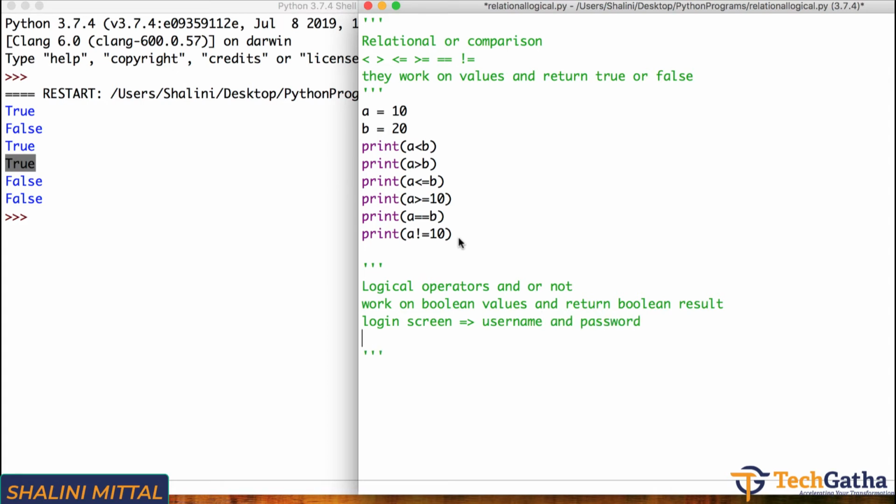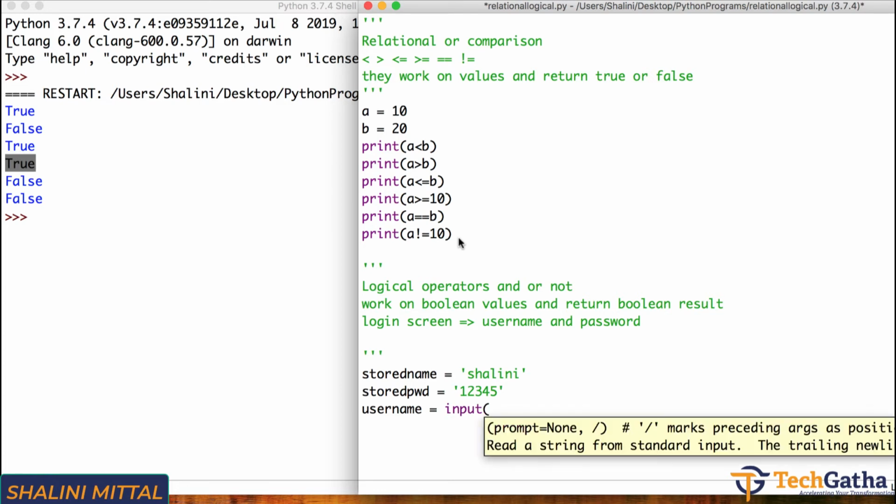Now say for example, at the time of registration, I will say stored name is equal to, assume that the value was stored. When you register you provide a username and a password. Next time when you log into the website, it asks you to enter the username and password you used for registration. So the stored username, say I will say Shalini, and the stored password is equal to say 12345.